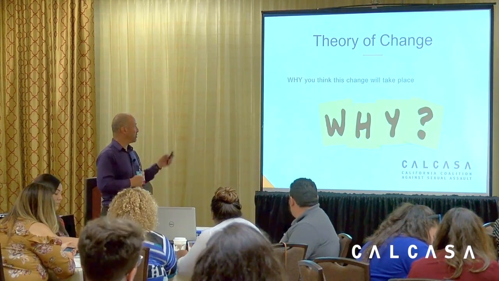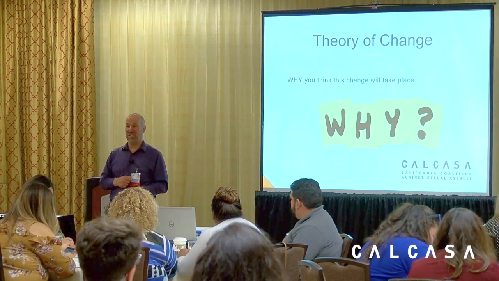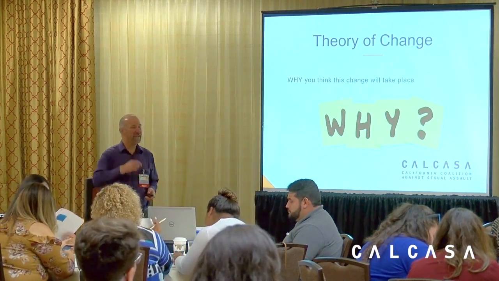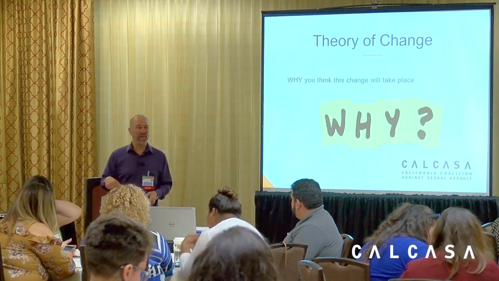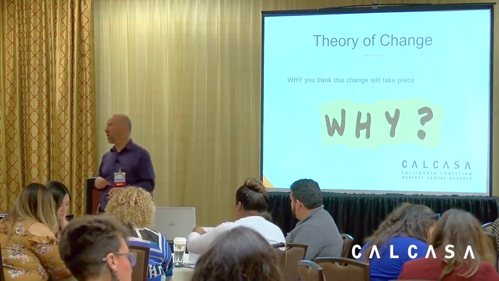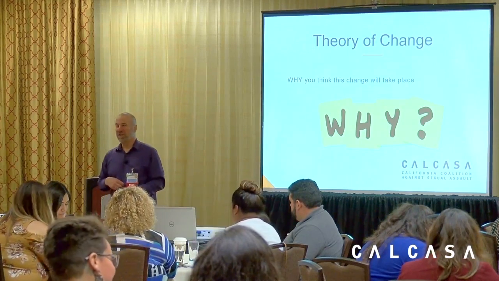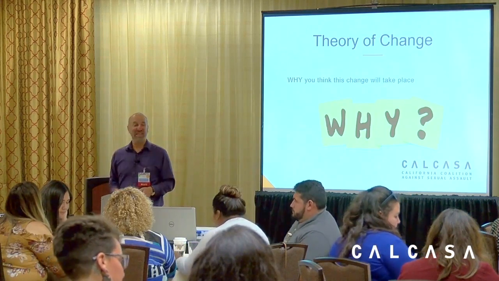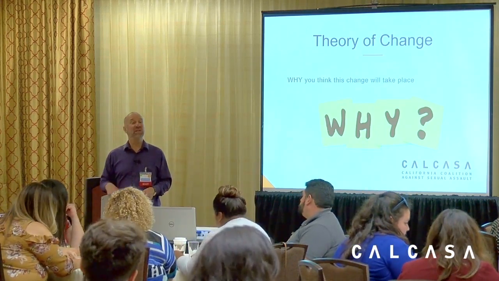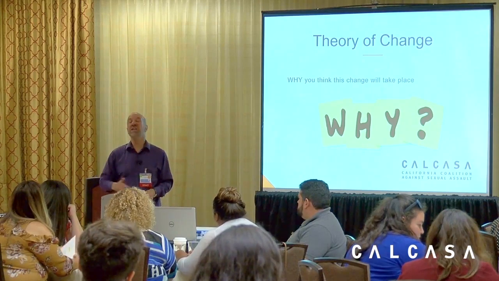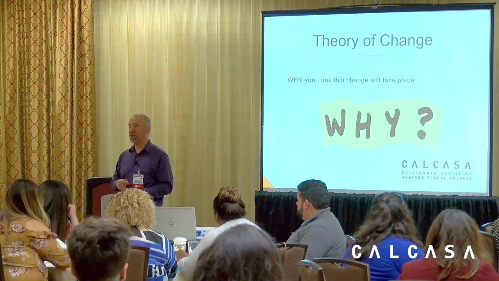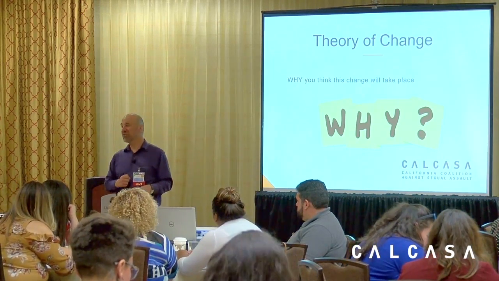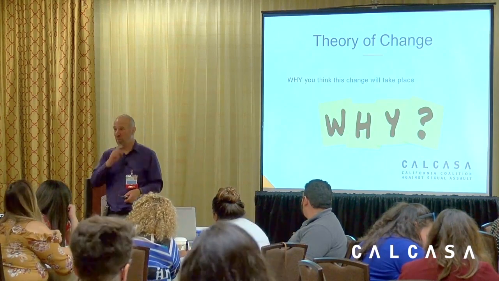So a theory of change answers the question of why you think something is going to take place. The way you do it is often going backwards and saying, why do you think that's going to work? And explain why you do that. And theories then give us ideas. Now there's a whole set of behavioral theories that I'm not going to go into now, because we don't have time. But that's one of the things that Jesse and Megan and I can help you with. If you want to talk about a program, you can contact us, and we can talk about some examples of theories that can support the type of work you're doing. So if you're saying, we're trying to do youth leadership programs, we can say, here are some theories that can help in how we move forward.